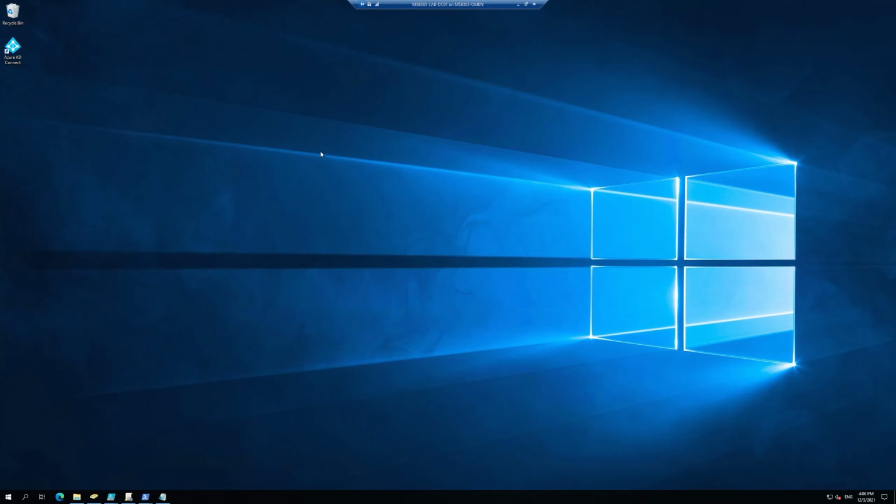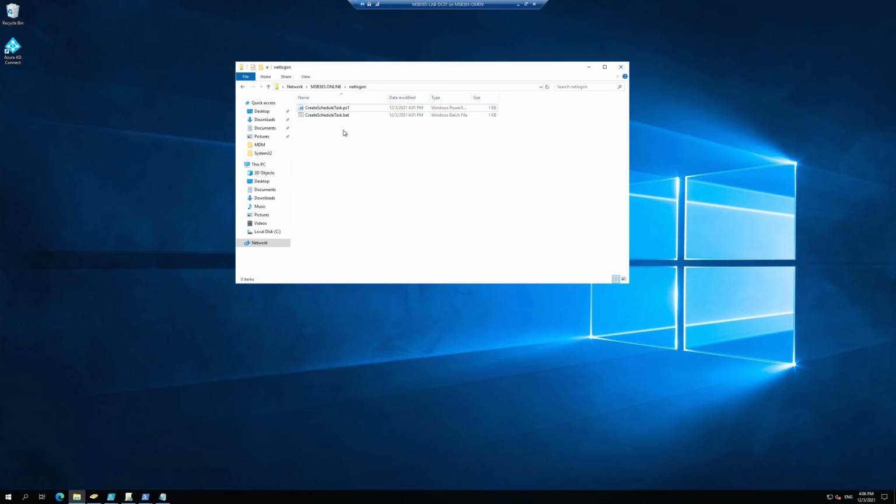Let's now have a look at what that means, what it has done. First, let's have a look at the netlogon folder, which was empty earlier. As we see, we have here a bat file and we have here a PS1 file. This bat file will be used by one GPO for the user context to start this PowerShell file. Since with GPOs, by creating them with PowerShell, you cannot use ADMX templates, we had to create all the registry tasks on our own. So in this case, this bat file starts the create schedule task PS1, which goes and